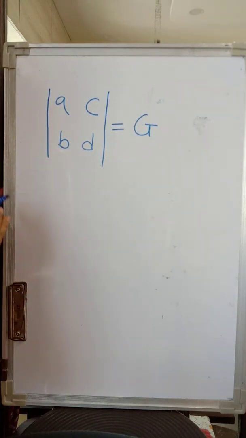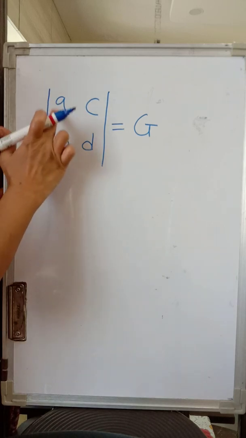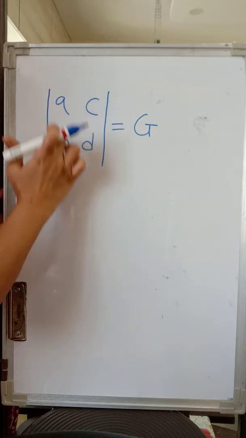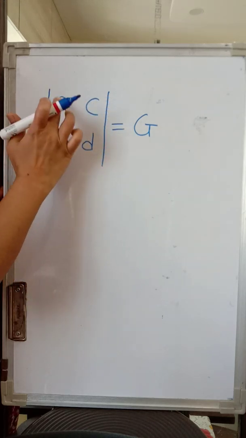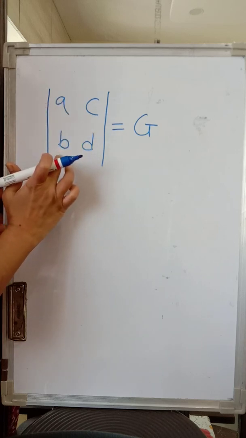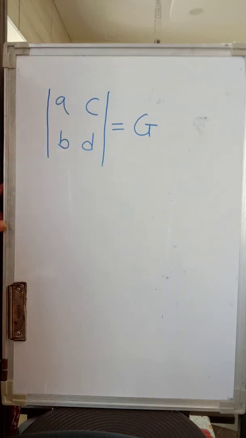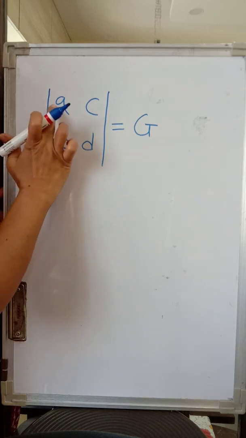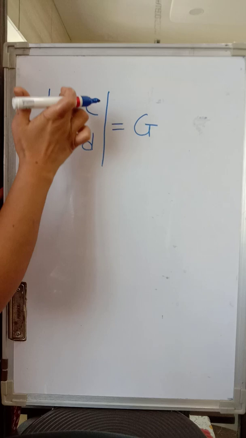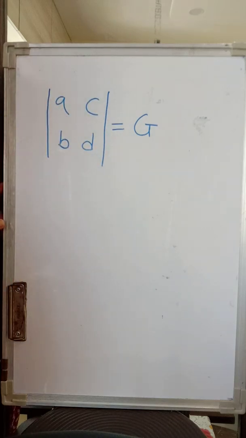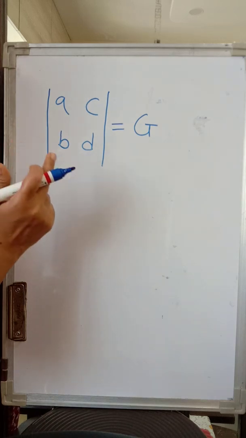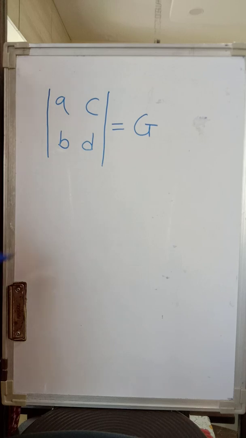Now, how to find the value of a determinant? Have you understood what we mean by a determinant? You can see there are two rows like this, and there are two columns. In each row there are two elements, in each column there are two elements, and therefore we say that the degree of this determinant is 2. Now let us see how to find the value of this determinant, because to solve simultaneous equations by the determinant method we should first know how to find the value of determinants.